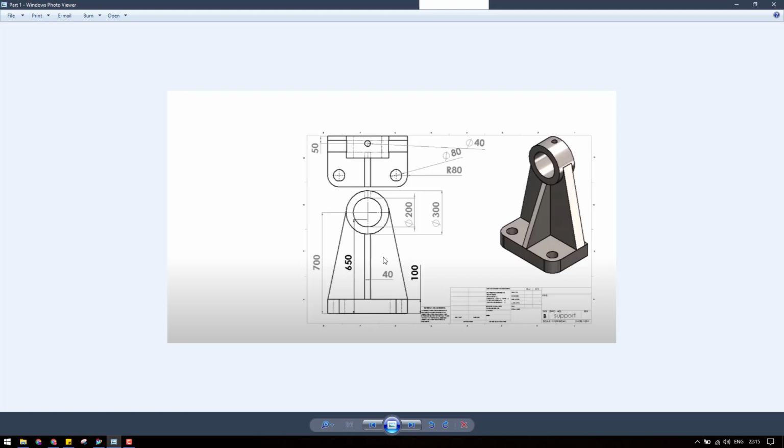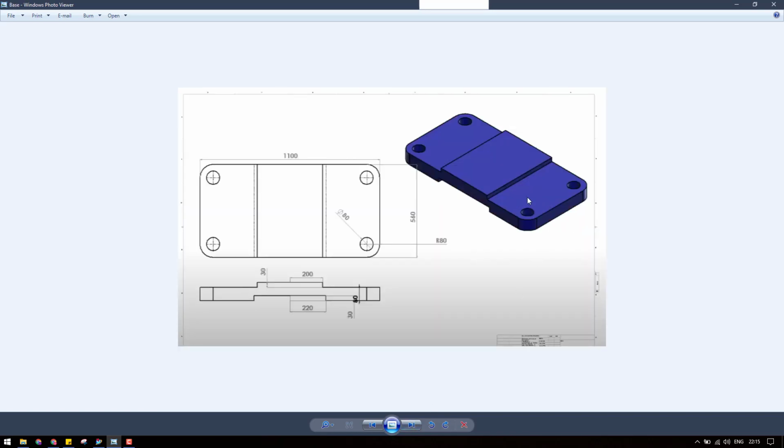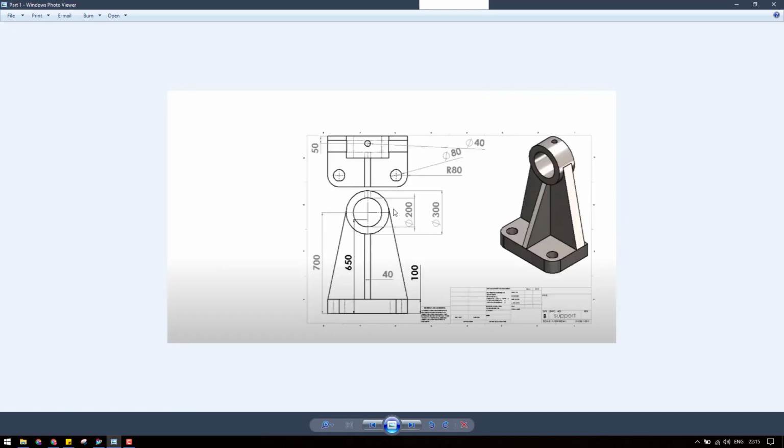This is a support. As you can see here, there are many dimensions that are given here. So what I will do is I will just create this base part. Once this base part is built, we can go on the top side. You can see here there is no dimensions given to this part. These dimensions are given in the base part, so from there we can derive this dimension. As of now we will take this as a 560 and this as 350.